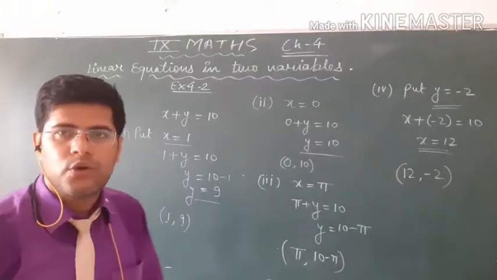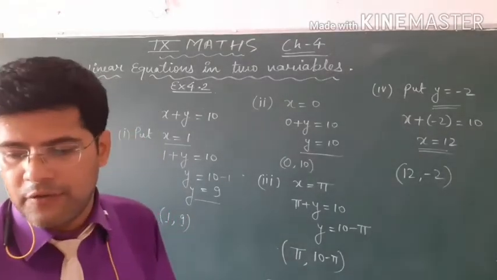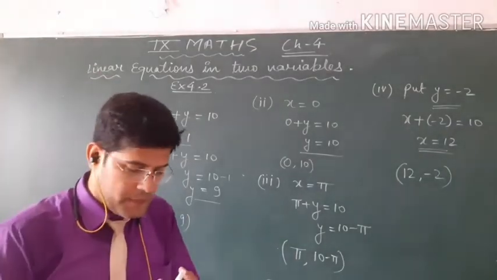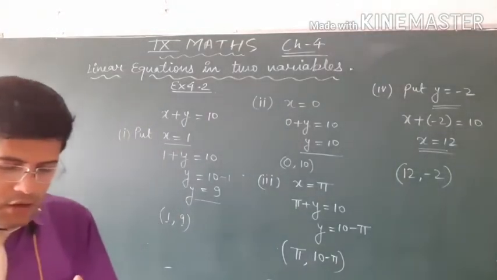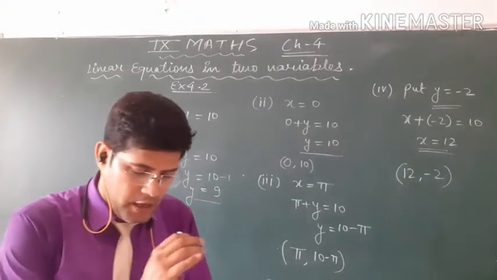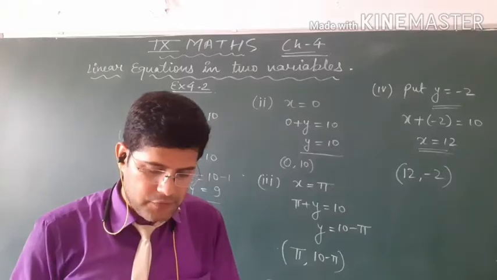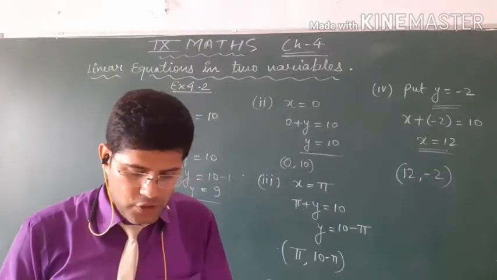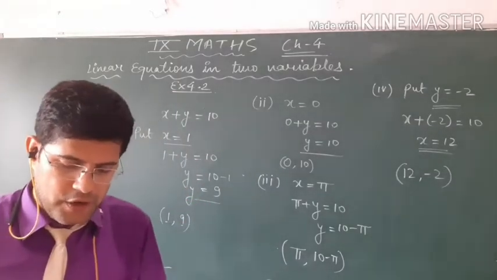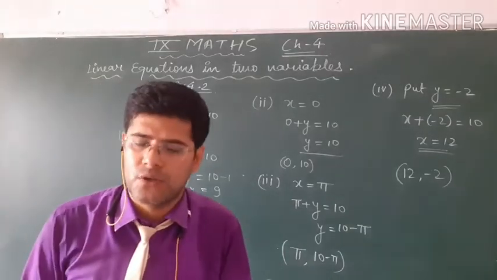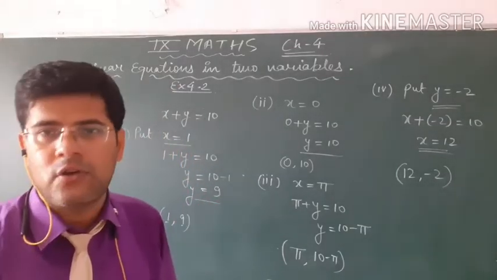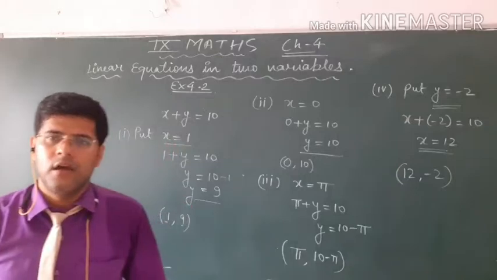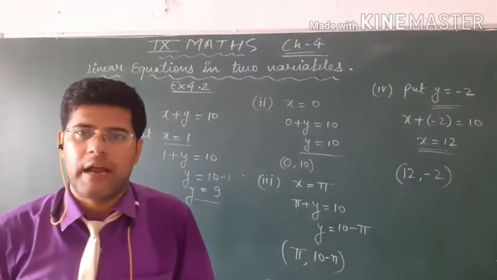Okay students, so if we move to the first sum of NCERT, which is given: which of the following options is true and why? y equal to 3x plus 5 has a unique solution, only two solutions, or infinitely many solutions. This is the optional question, and here infinite solutions is the right answer. Why is infinite solutions the right answer?